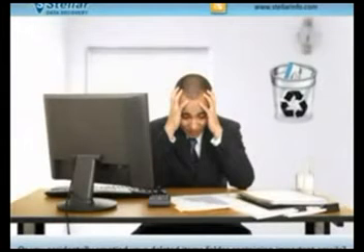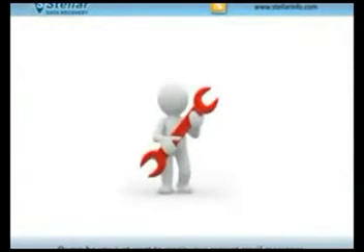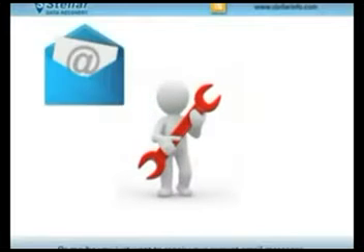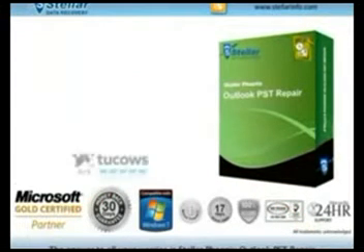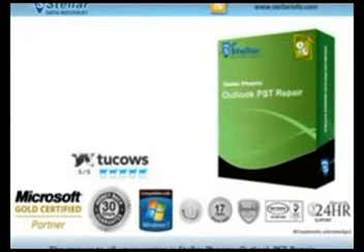Lost your Microsoft Outlook business emails due to corruption? Or you accidentally emptied your deleted items folder containing important emails? Or maybe you just want to repair your corrupt email messages, notes, contacts, calendar, etc. The answer to all your worries is Stellar Phoenix Outlook PSD Repair.